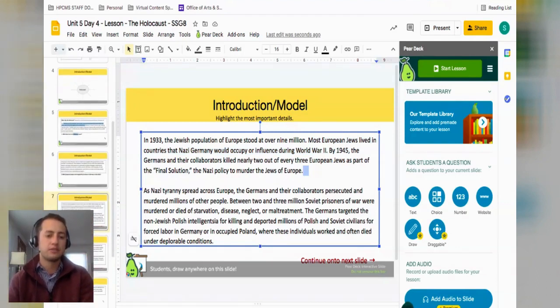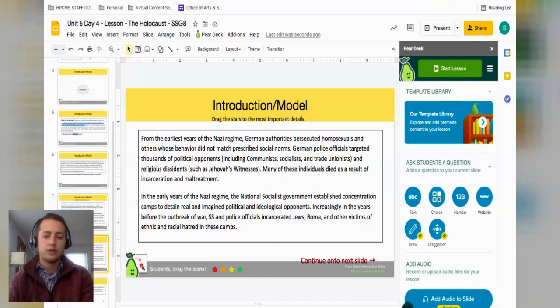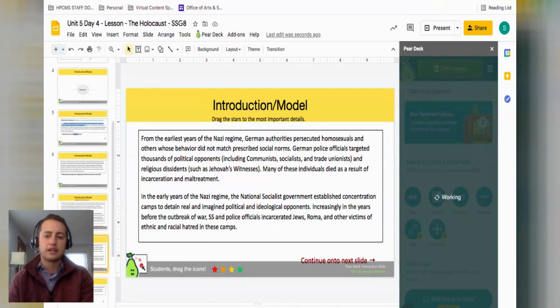I have something very similar on this next slide, where you can continue doing the same thing, have them highlight the most important details, or you can have them use different color highlighters, have them highlight something that they agree with and something they disagree with. There's a lot you can do with the draw feature, but there's also the draggable. So here I clicked on the draggable,